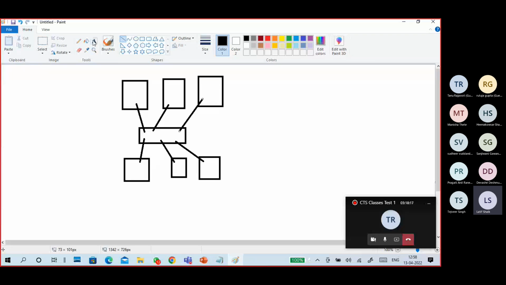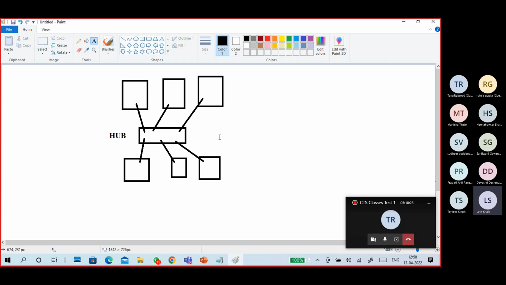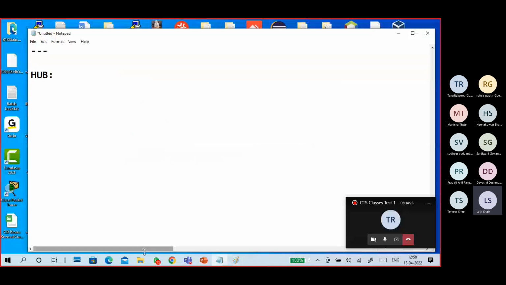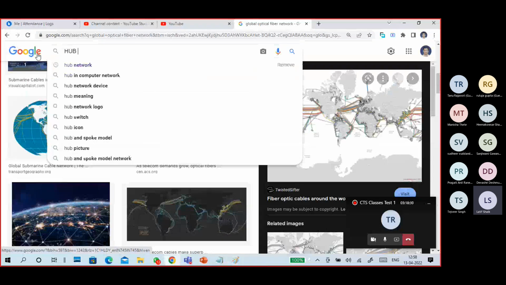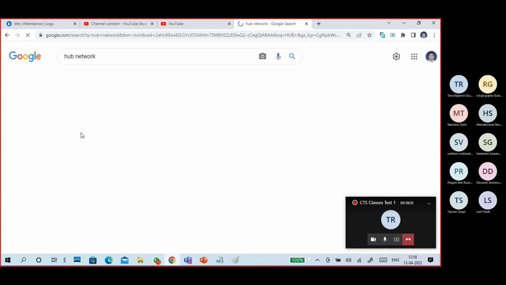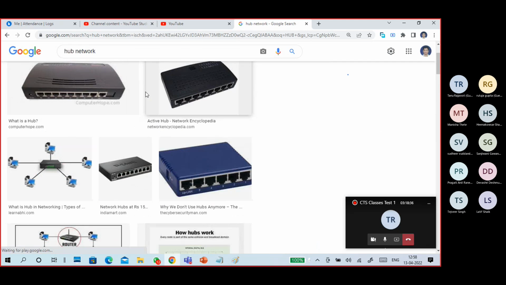So this is the central one, it's nothing but a hub. Your devices are connected to the hub. You want to see how a hub looks like? Okay, so this is hubs.